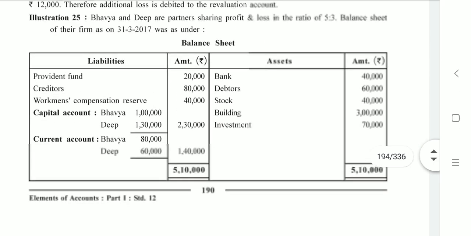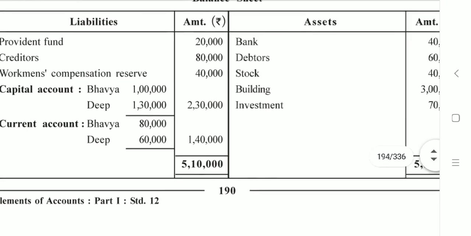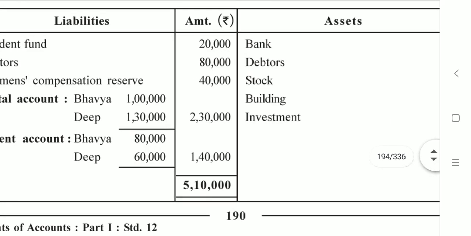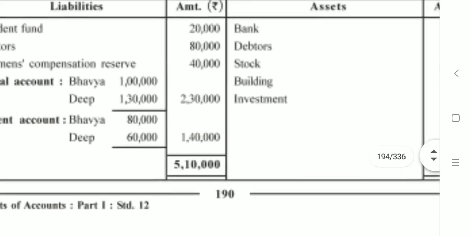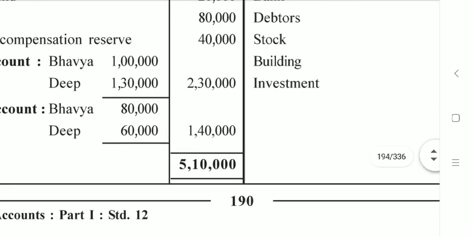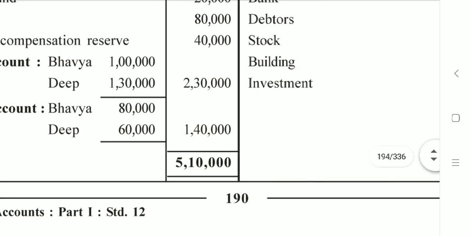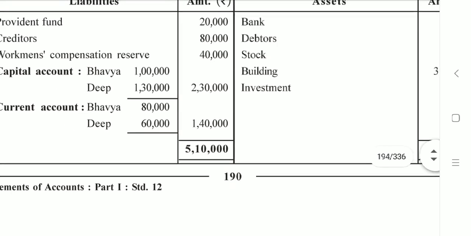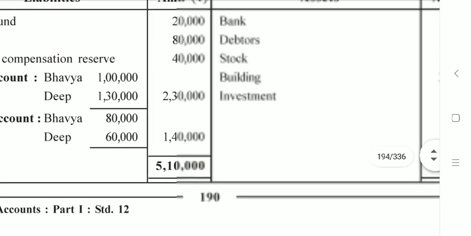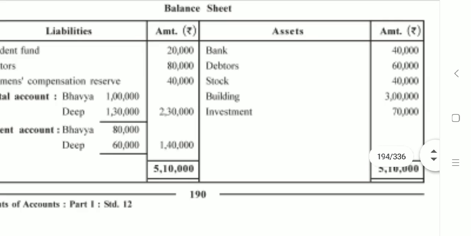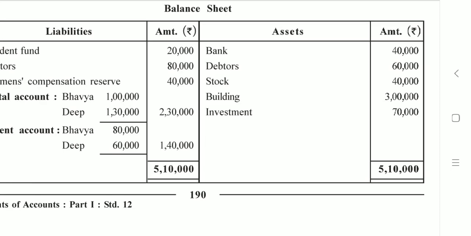I have written this from the question. This is the balance of capital account that I wrote on credit side of partners' capital account. And this is the balance of current accounts that I wrote again on credit side of partners' current accounts. The balance of current accounts can also be given on asset side. Many a times in the question they are given on the asset side. So during that time, you are supposed to write the opening balance on debit side.